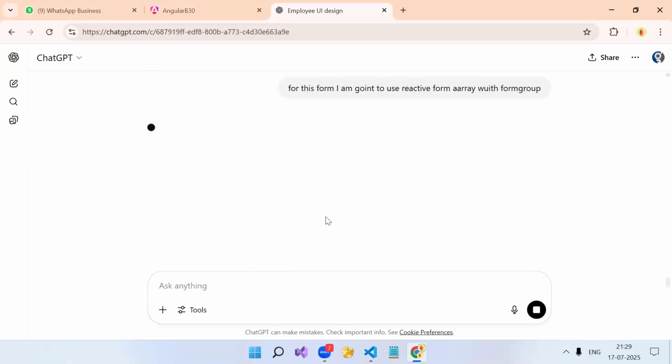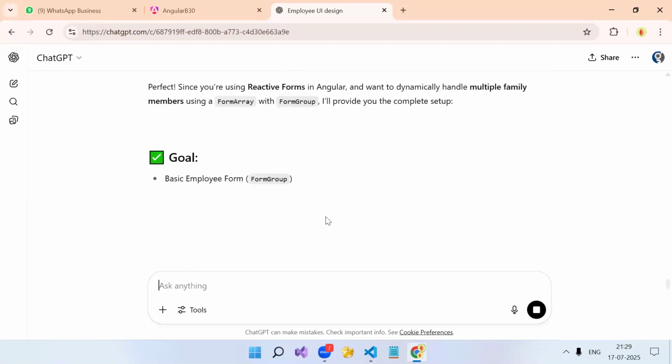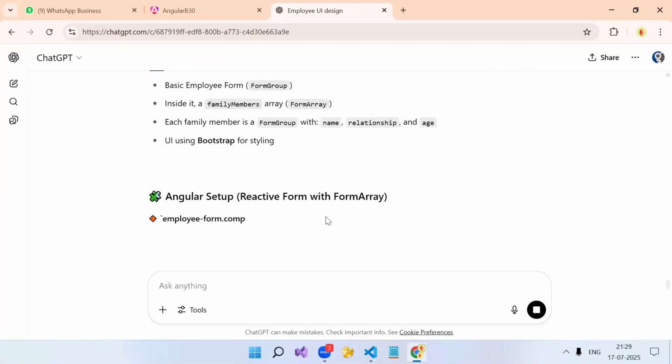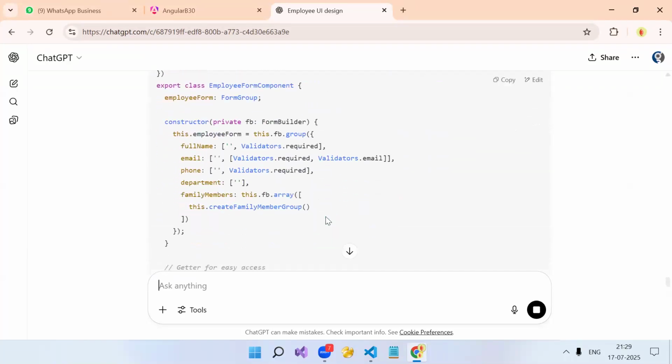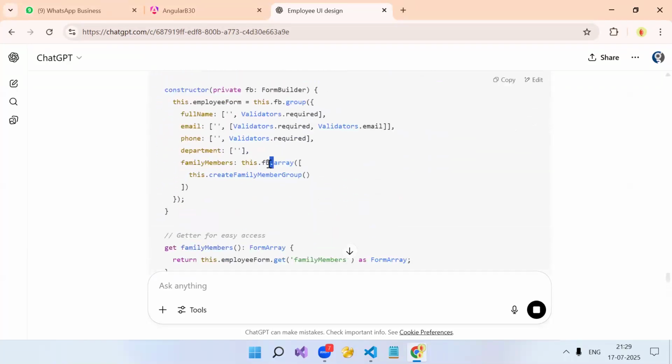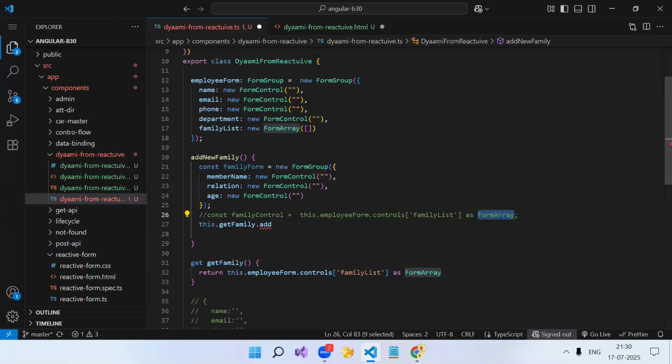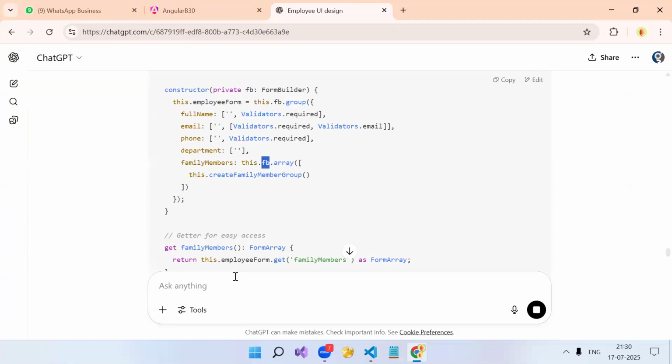Let's see. With dot array, form array, correct only, no? Form array. Don't want to use form builder.